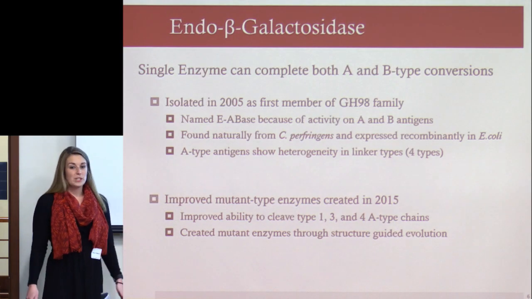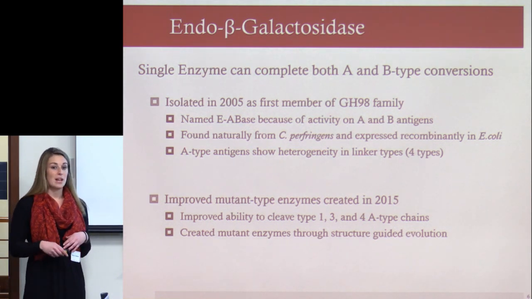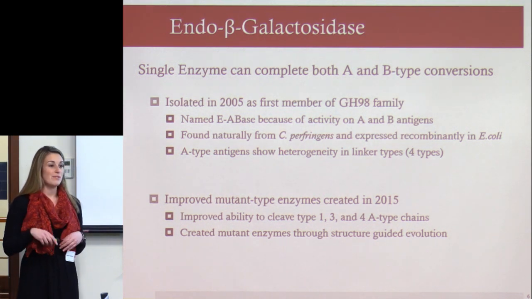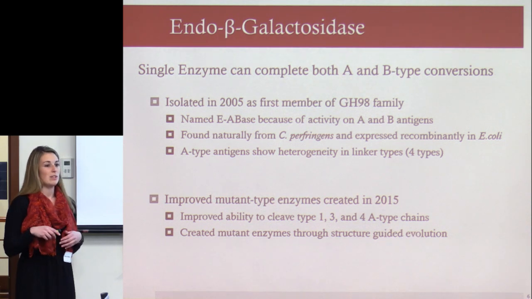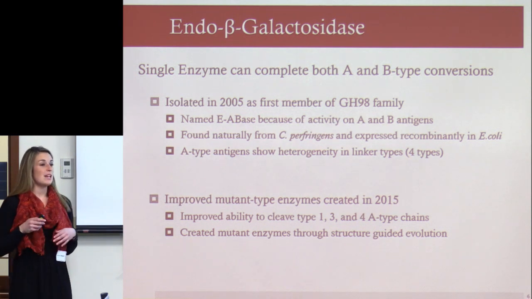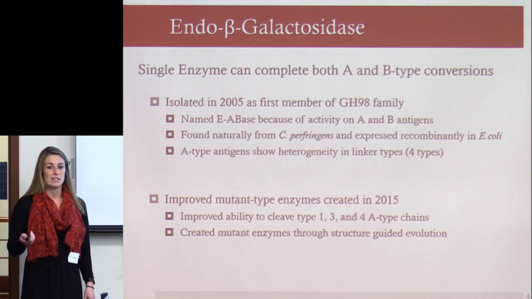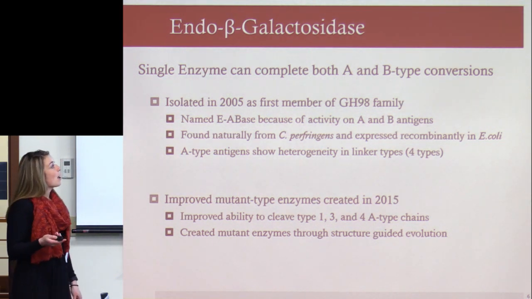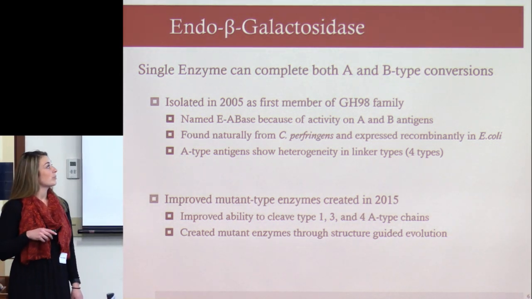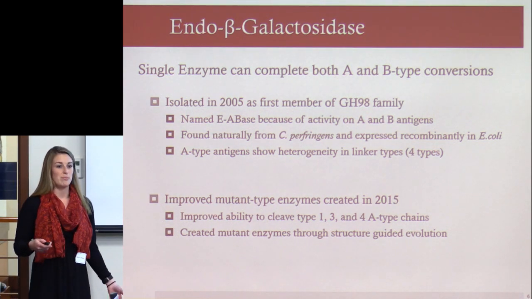So we're going to focus on one particular enzyme. It's been discovered that one single enzyme can convert both type A and B blood. It was first isolated in 2005 and named to the GH98 family. That was the first member of that family of endo-beta-galactosidase. So the endo-beta-galactosidase has been named EABase, basically indicating its specificity towards A and B antigens. It's been naturally located and also can be expressed recombinantly, which the recombinant method is much more commonly used